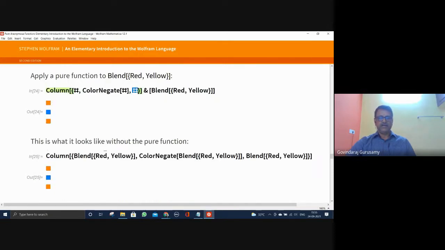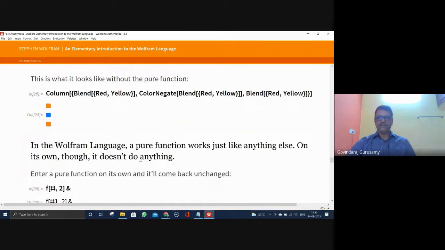This is what it looks like without the pure function. If I don't have the pure function, this is what the result is. It is one and the same. As I said in the previous case with the circle, they made it separately. That is the result. So blend the red and yellow, then color negate the blended red and yellow. And similarly, again blend red and yellow.